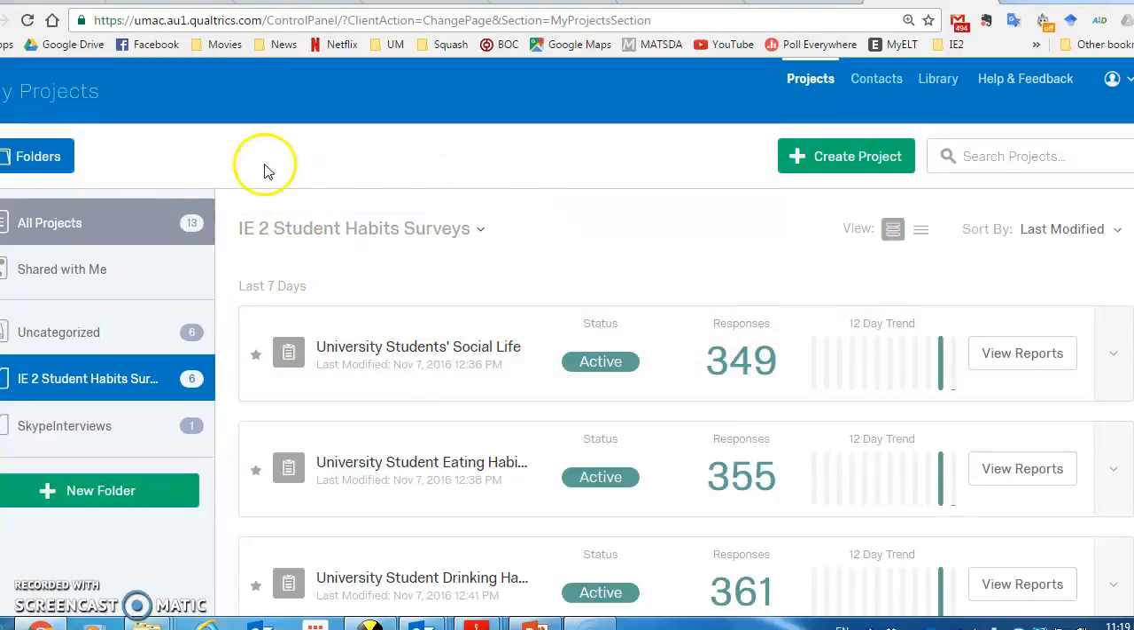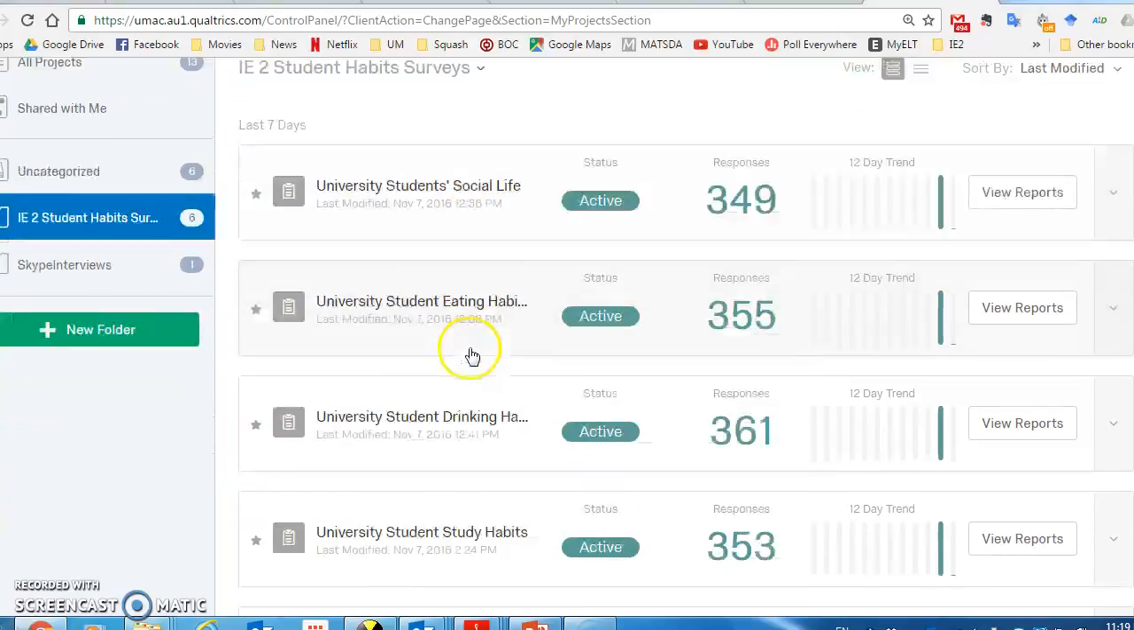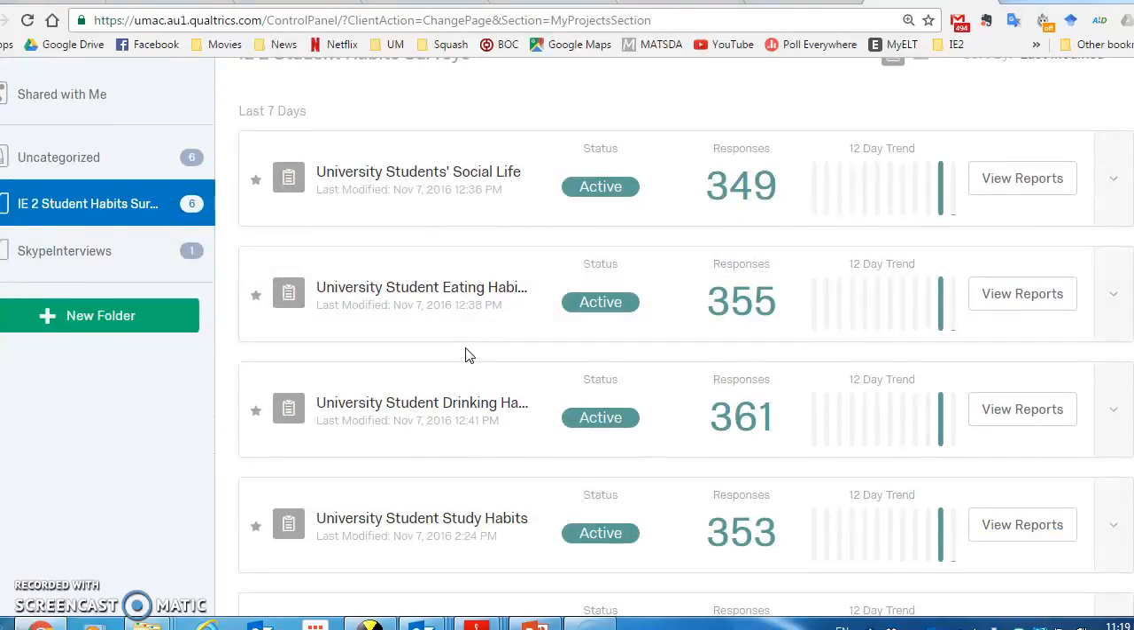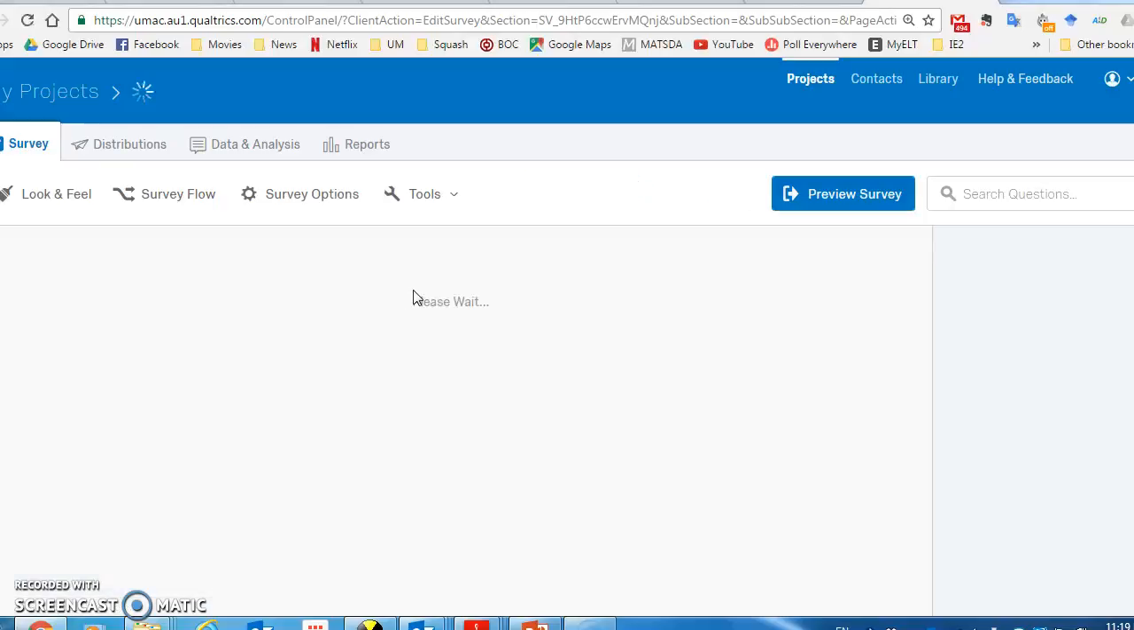Okay, so here we are within Qualtrics, and I've clicked on My Projects, and we have the different surveys here. And so I'm going to show you how to do a cross-tabulation. It's not that difficult. So let's choose one of the surveys. Let's say student eating habits. So I click on the survey,